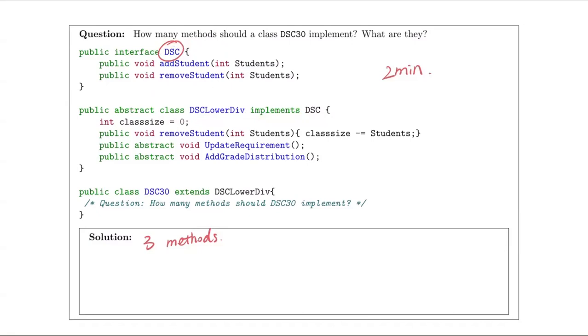So that's 2. But remember, in an interface we cannot have a concrete method, right? We can only have an abstract method. We cannot have a normal method. But in an abstract class, we could have both of them. We could have a concrete method, and we could have an abstract method also. So in this concrete class called DSC lower div,